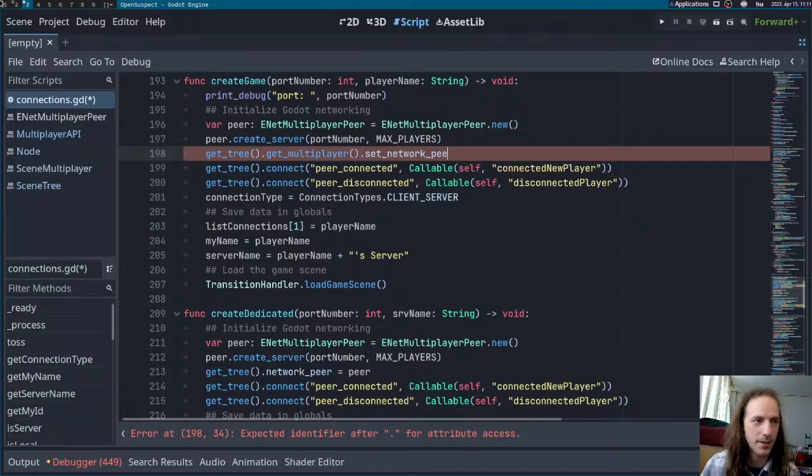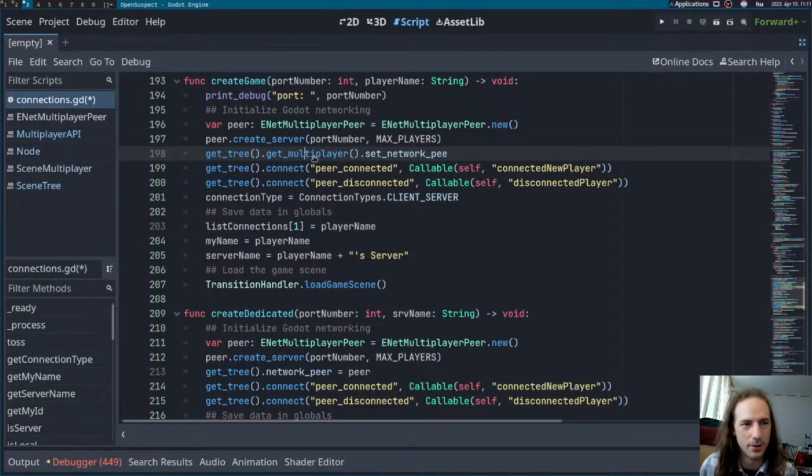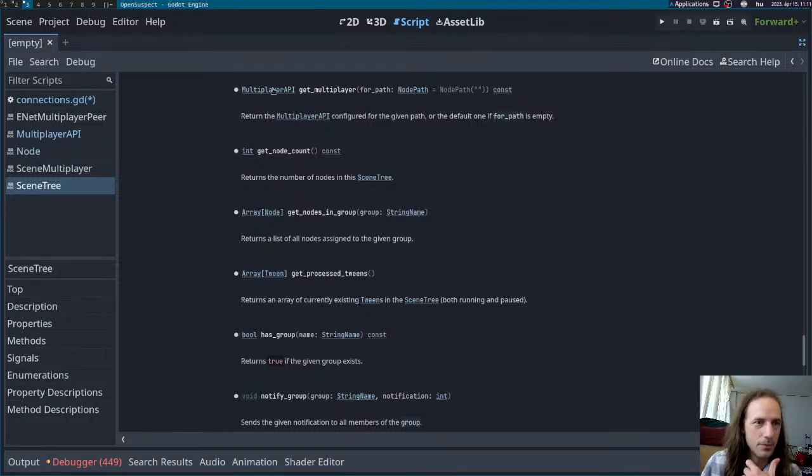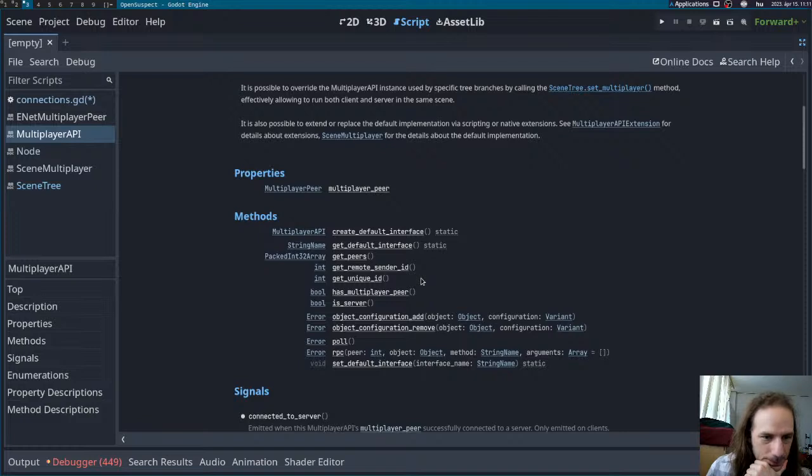There is no set network peer here, right? Because get multiplayer, what does it return to us? It returns a multiplayer API. Multiplayer API does not have